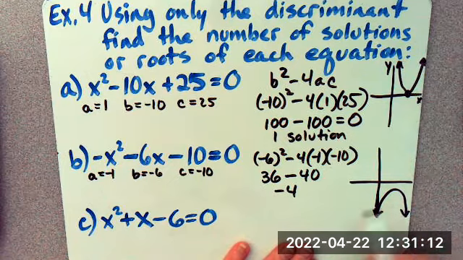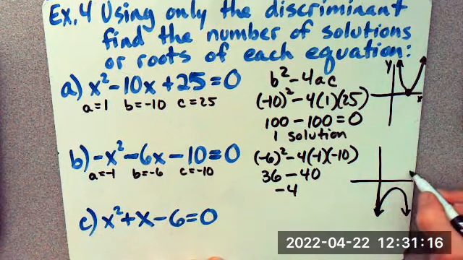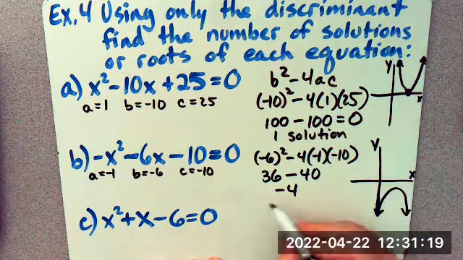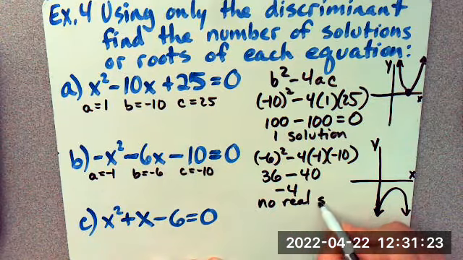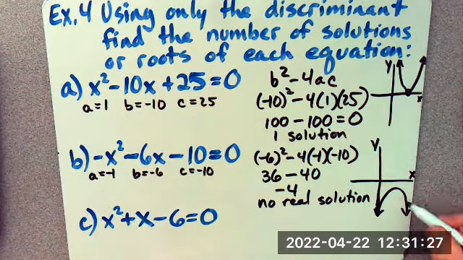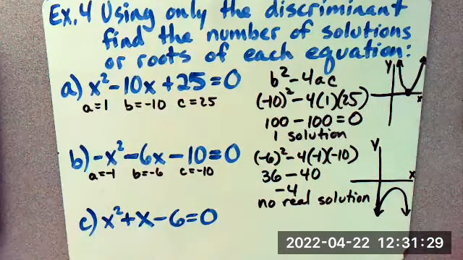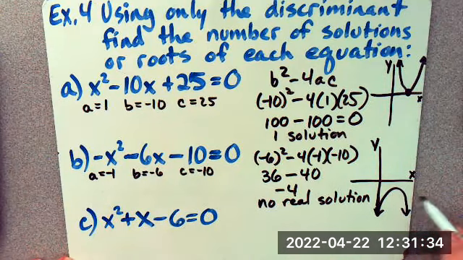It may not be right. It may be in this quadrant, but it just won't hit the x-axis. So that's what no real solution looks like. So there are imaginary solutions that you'll learn about in algebra 2, but right now we're just going to say